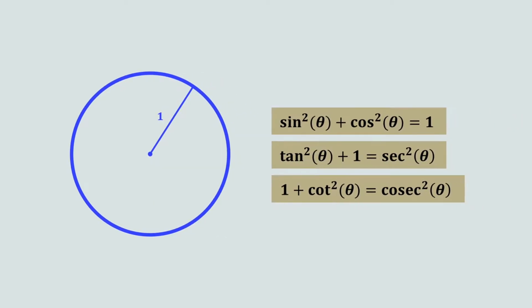This is a unit circle, and these are the three trigonometric Pythagorean identities, and we can derive these identities by looking at the unit circle. The unit circle is a circle with a radius of 1 unit. We can form a right angle triangle so that the radius of the circle is the hypotenuse of the triangle, and the two other sides are x and y, and theta is the angle between the hypotenuse and the horizontal